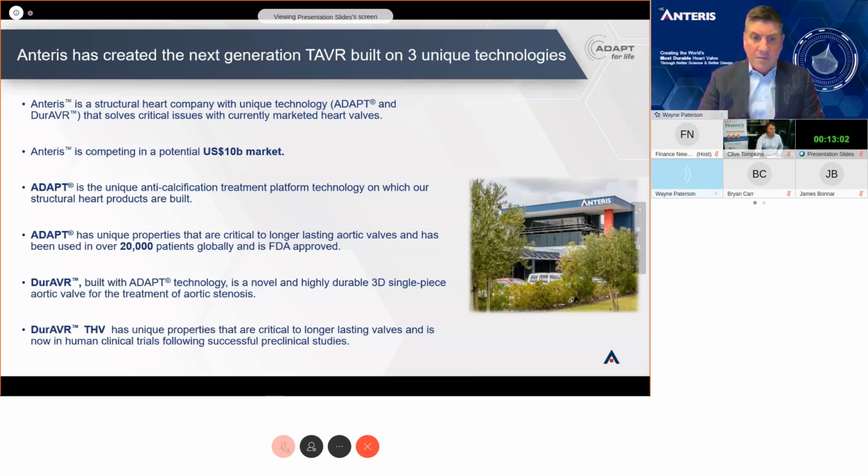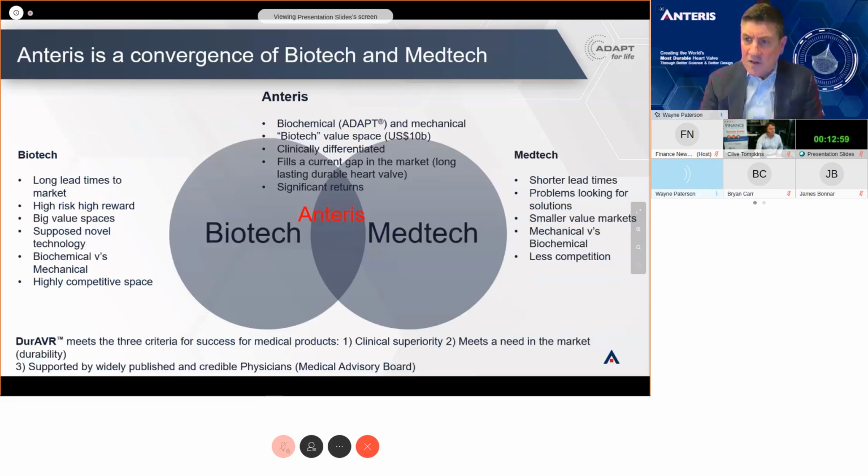Next slide, please. Now, where do you place Anteris? Anteris converges between the medtech and the biotech space, and it has characteristics from both sides. Now, of course, in biotech, I spent 25 years of my career in big pharma globally and have launched a lot of drugs around the world. Now, biotech is well known to me. There are very long lead times in biotech drugs, and the chance of success is often fairly low at the early stage, phase 1, phase 2, about 95% chance of failure. However, they're very big market caps, of course, and it's this mystery around the chemical that's being developed or the